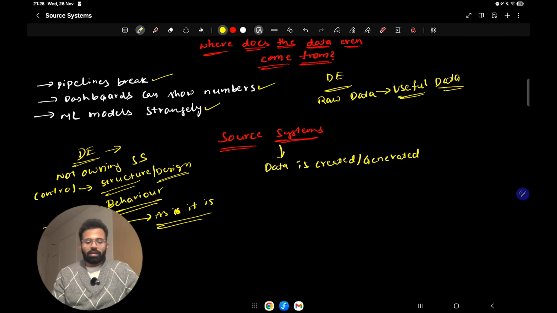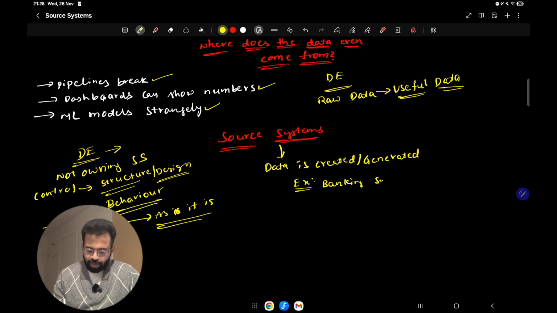If you are wondering whether I can give examples of source systems, it can basically be anything. For example, a source system can be a banking system which is processing transactions.